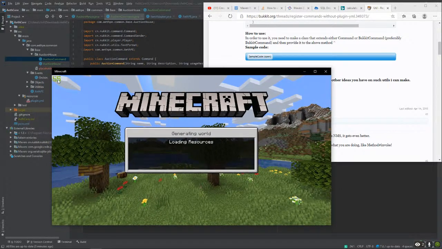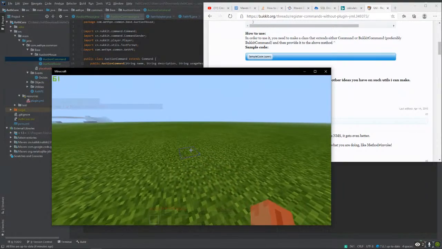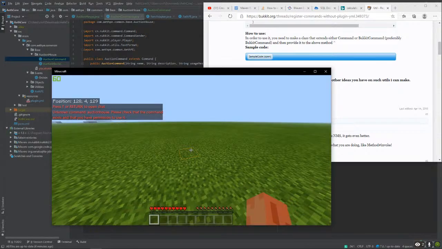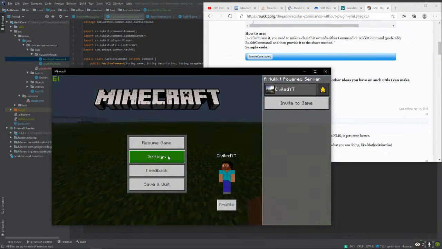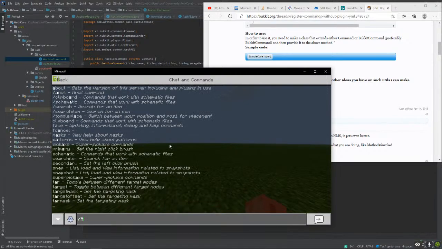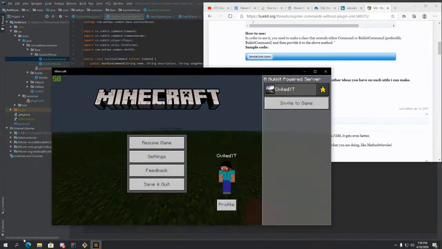Alright, so slash auction house. I don't believe that's right. Auction house? Huh.